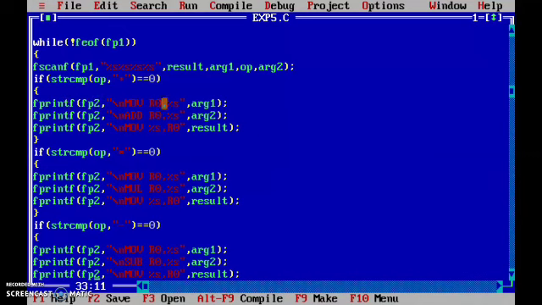We use fprintf so that this particular instruction will be written into the file fp2, which is output.txt. The first instruction is move r0 comma %s. %s is nothing but argument 1. So this argument 1 is loaded into r0. This is similar to the instructions which we have seen. After that we have to add the second argument to the first argument.